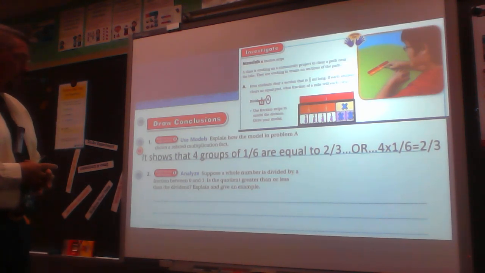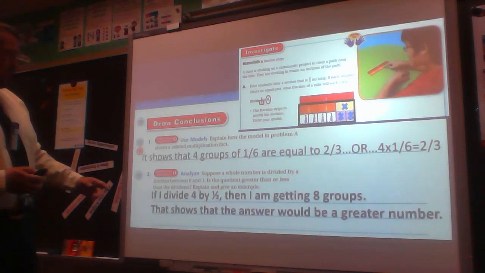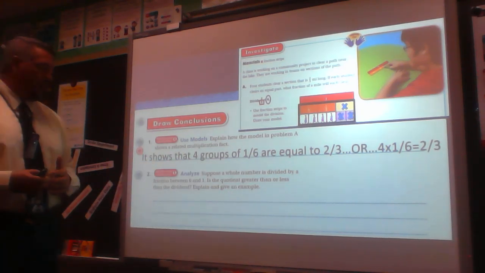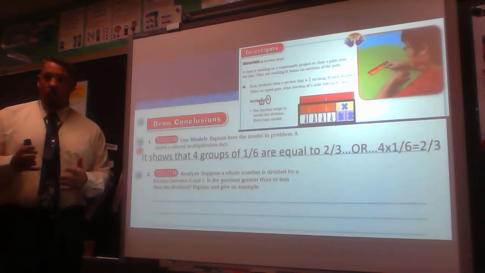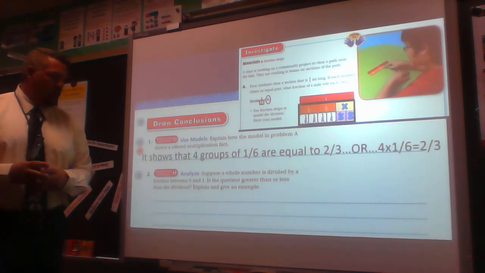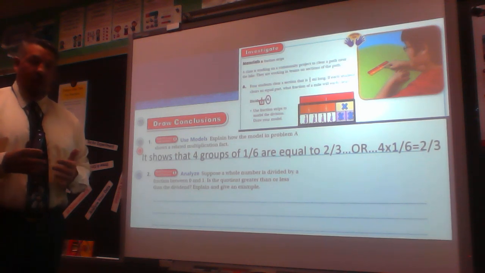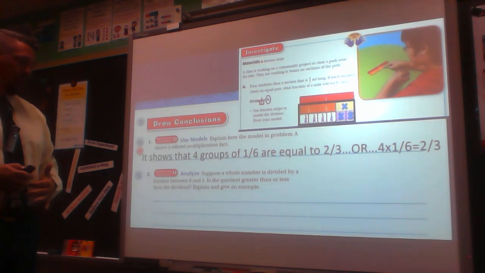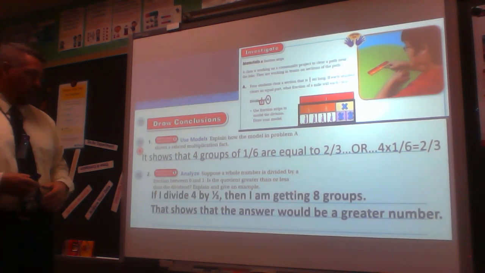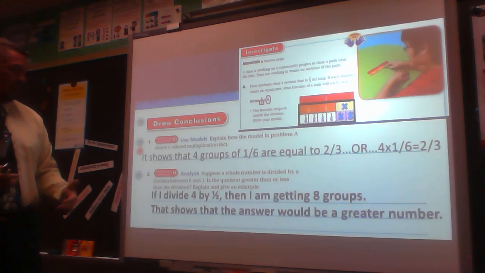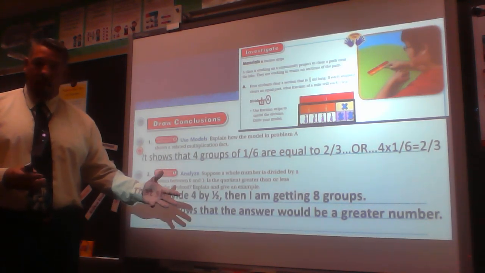a fact family. So this one says, suppose a whole number is divided by a fraction between 0 and 1. Is the quotient greater than or less than the dividend? Explain a given example. So if the dividend of 4, if I take it and I divide it by 1/2,